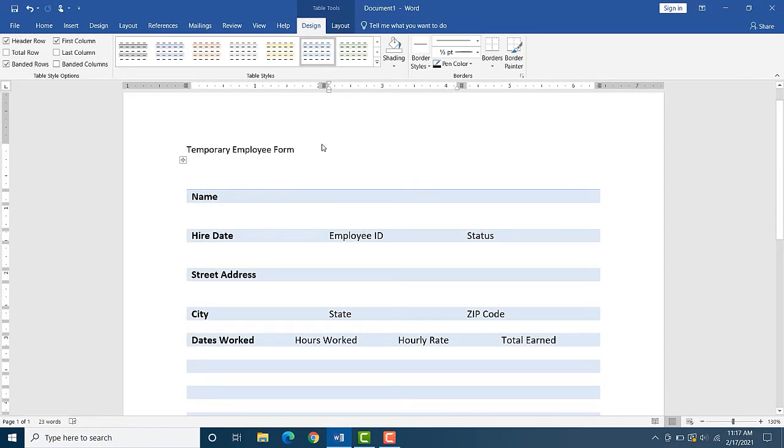Now, again, it may not be perfect to start. I'd like to see even more borders here. We may need a little more formatting. There's some bold text that maybe doesn't need to be there. So notice here that this